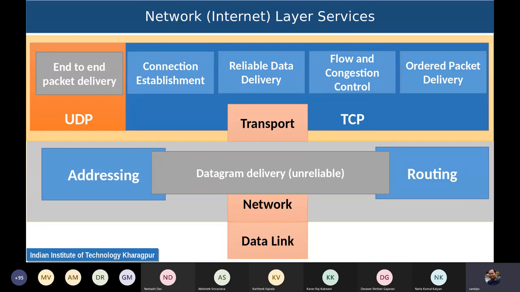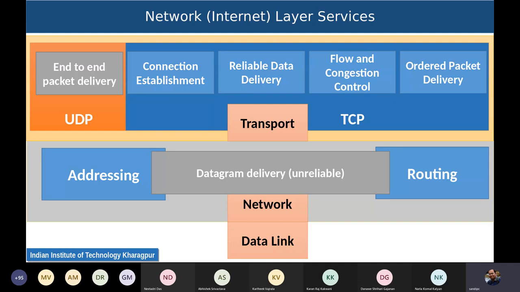So different services are provided by the transport layer, and one of the major objectives of the transport layer is to make the data transmission reliable. That means whatever is sent from a sender, exactly the same thing is received at the receiver. But when we go below the transport layer, to the network layer, the network layer is just like a simple post office. You can think of the transport layer as a registered post that will guarantee that if you post your letter in one post office, it will surely be delivered to your final destination. But the network layer simply works like an unreliable service. Its task is just to find out the path